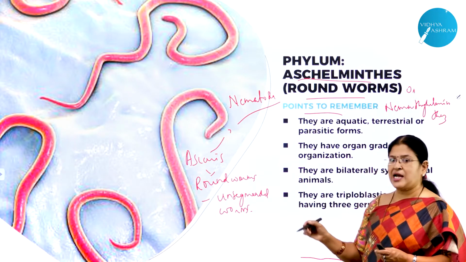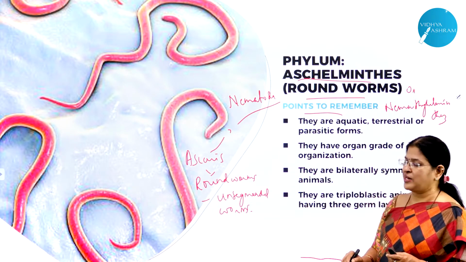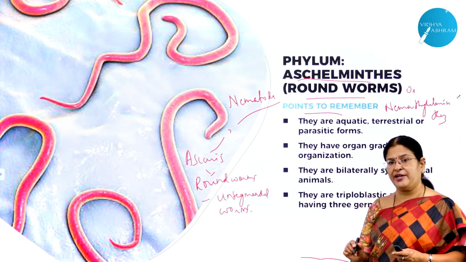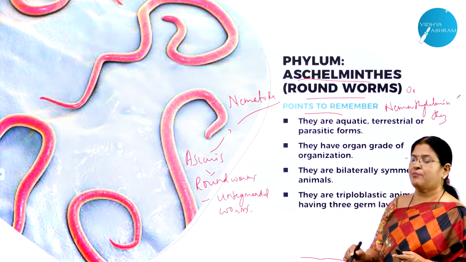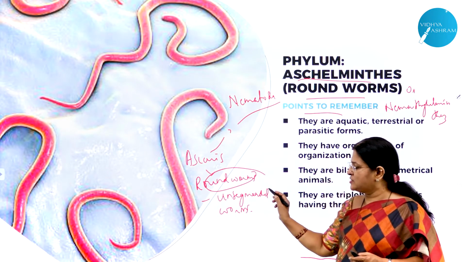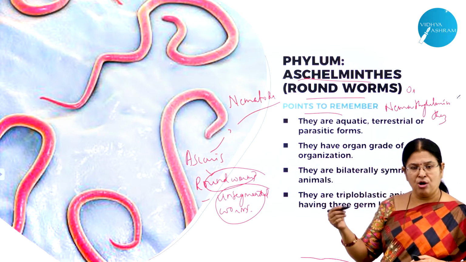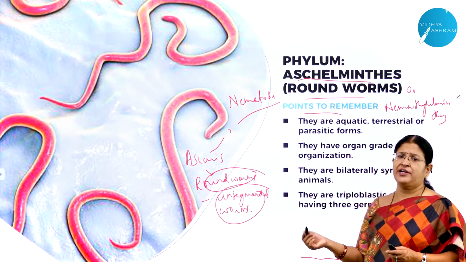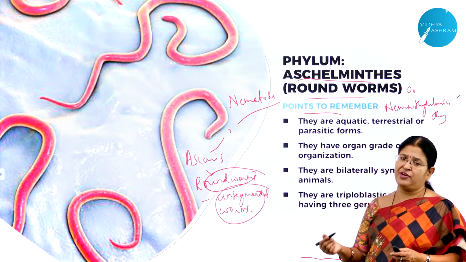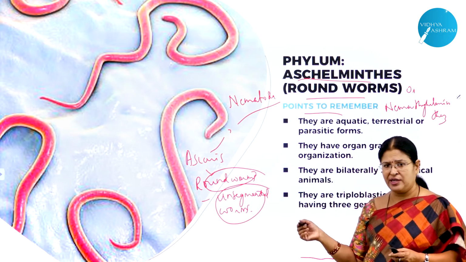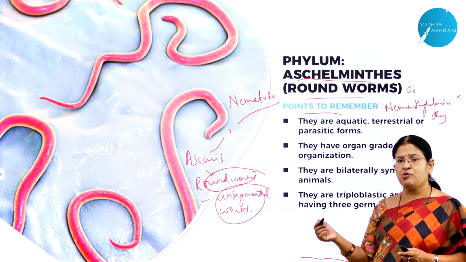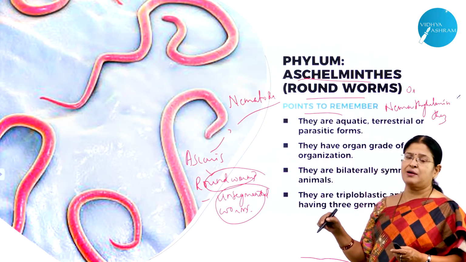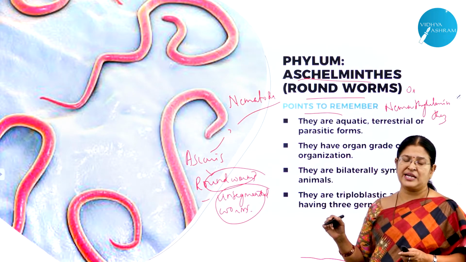As I said, a classical example for Aschelminths is Ascaris lumbricoides. The scientific name is Ascaris lumbricoides. Common name is roundworm. They are unsegmented worms. The body is long and cylindrical. Easily we can differentiate the male Ascaris from the female Ascaris, which I am going to show in the next slide. So before we move on to the examples, let us study the important characteristic features of